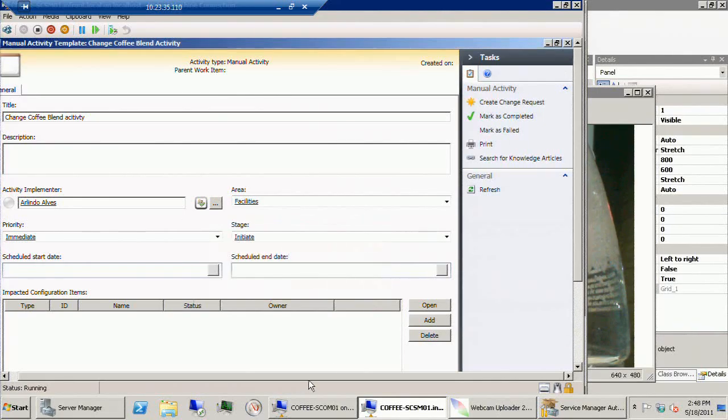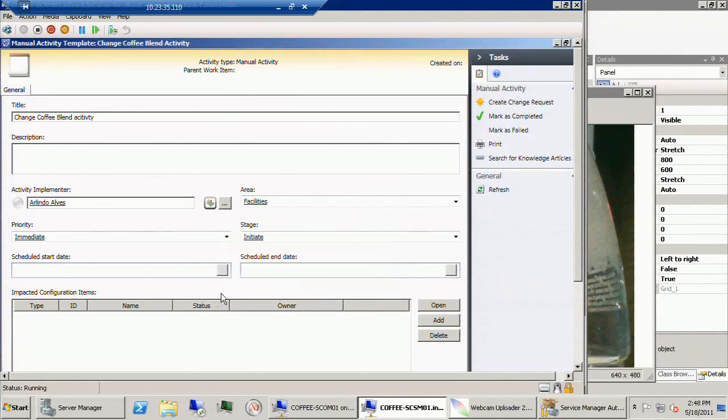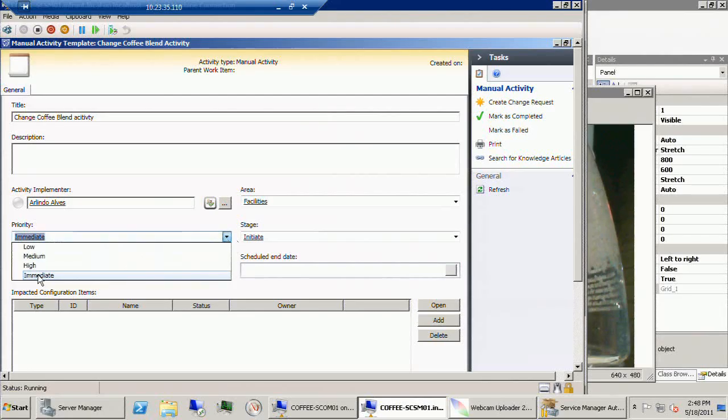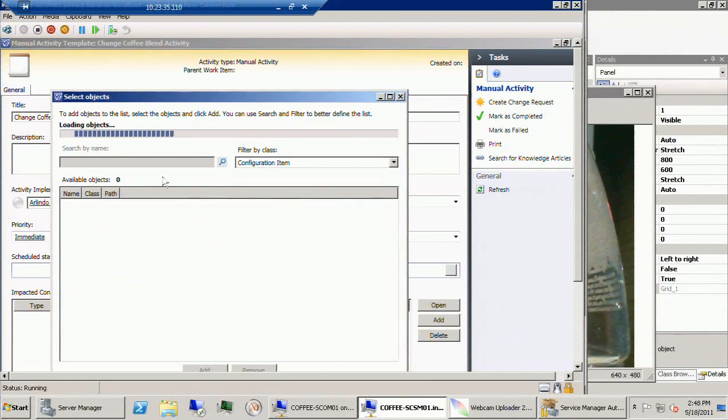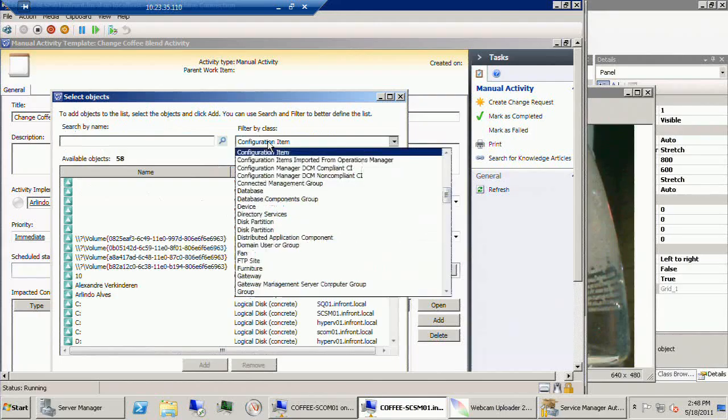So this one is a manual activity. The manual activity, change coffee blend activity, will be assigned to Arlindo. He's the maintenance guy, and he needs to change all the blends in our company. The priority is, of course, immediate. And the impacted configuration items will be our coffee machine,